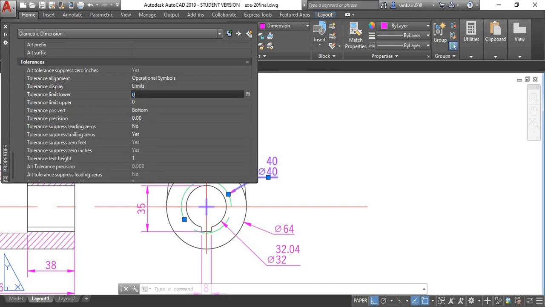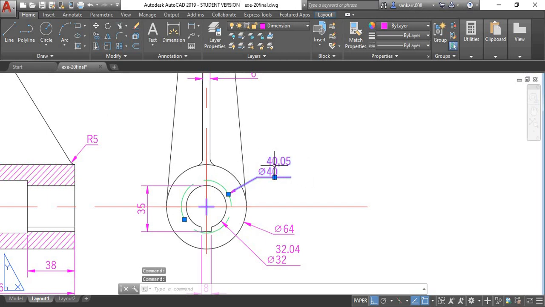Here I'm going to select 0.05, and see here, the tolerance is showing on the dimension. If you don't want that tolerance, delete it and select the upper limit, and here I want to select 0.05, and here I will delete it. Okay, 0, and close the command box, and you can see that here